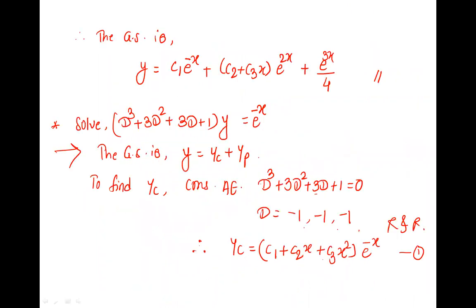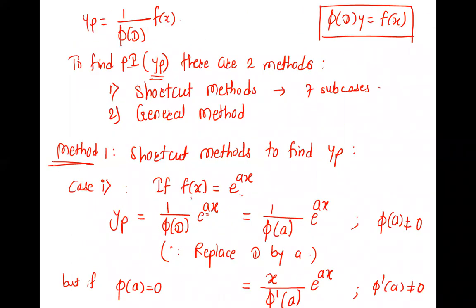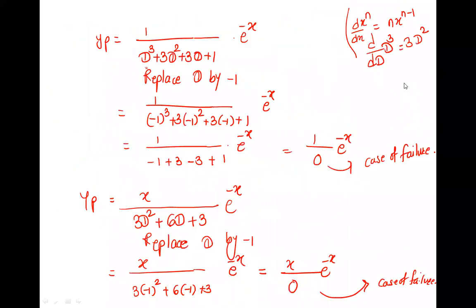Let me show you once again the case. Multiply by the independent variable. If it is 0, first we go back, we substitute x, we take the derivative. Once again, this should not be 0. But if it is 0, we again multiply by 1 more x and we take the next derivative. Right? And this again should not be 0. So here it is a case of failure. So we go back here and we multiply by 1 more x. So this will be x square, and we have to take the derivative of the denominator.